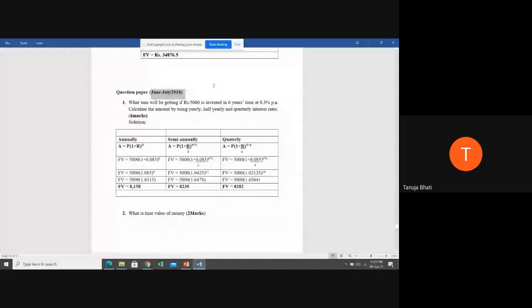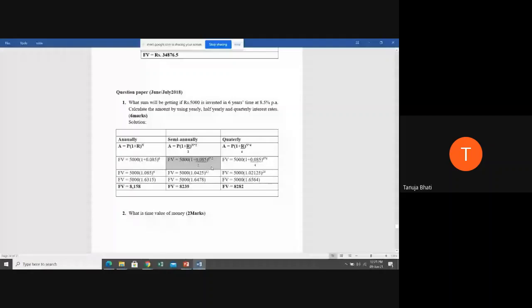Majorly, one similar set of questions that can be asked in this particular module is to find out the compounded amount. This is a very common question that is asked from this module, either annually, semi-annually, quarterly, or monthly. So you can practice more on such type of questions. And loan amortization schedule, students, you have to practice that, no doubt in that, because it is a case study question. It can come, and this is a common question that is always asked in question papers.